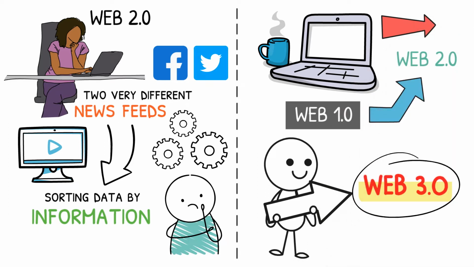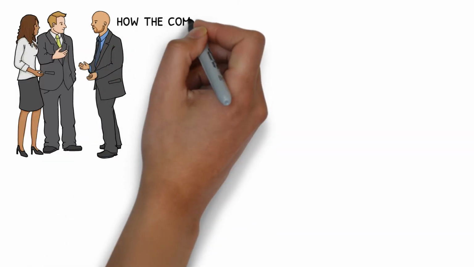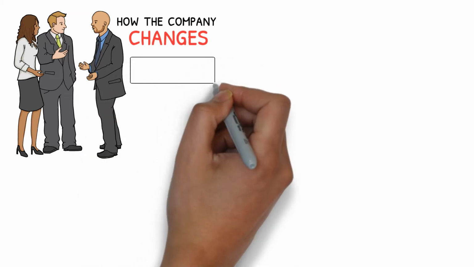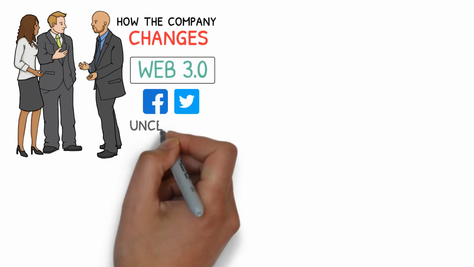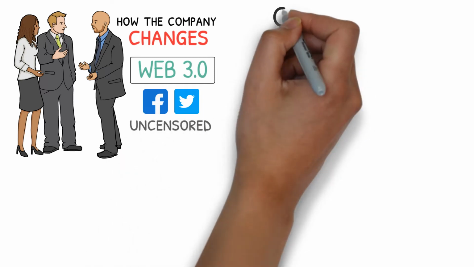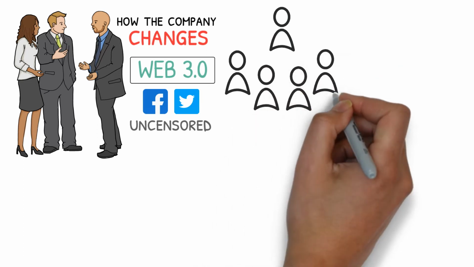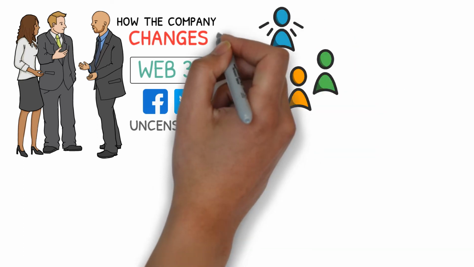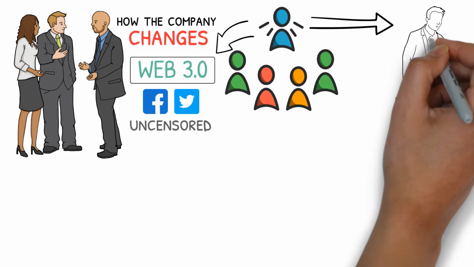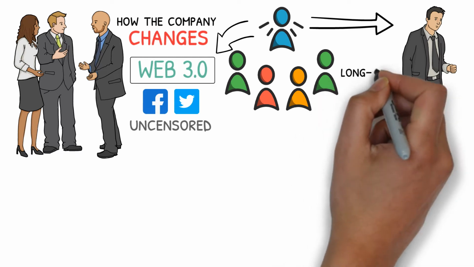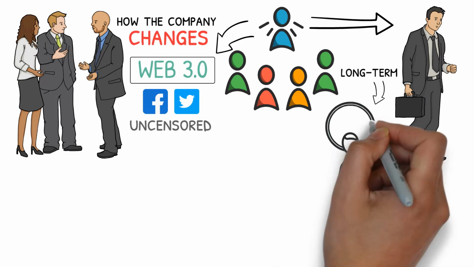In Web 3.0, there are no CEOs or presidents to impress, those with the most tokens, everyone gets a vote on how the company changes, and it's not limited by a government or some family tradition. Social networks like Facebook and Twitter will be uncensored. It cannot be shut down by a single controlling authority. Finally, one of the most significant aspects of Web 3.0 is that your digital identity is not completely separate from your real-world identity.